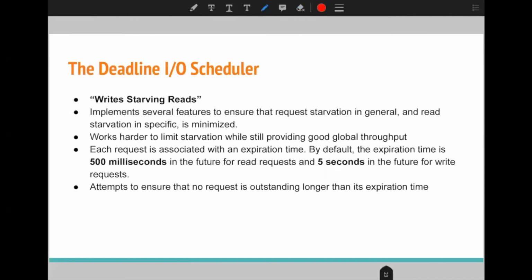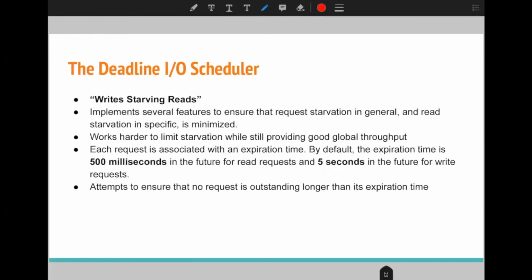So the deadline IO scheduler tries to minimize the starvation, like we have discussed in the previous slide. It specifically focuses on the read latency, and it tries to minimize it. So why is read latency important? Because when we are trying to read a disk, it should be very quick.